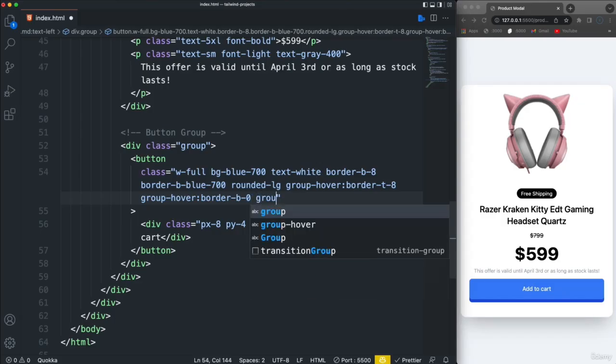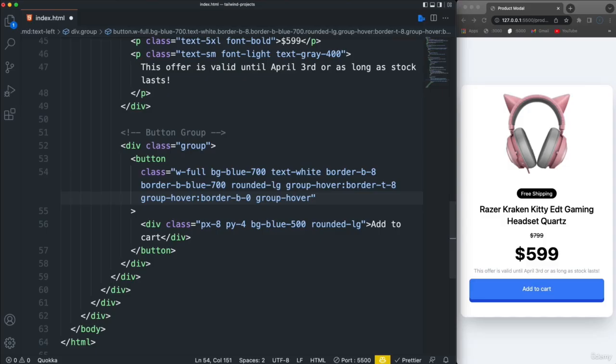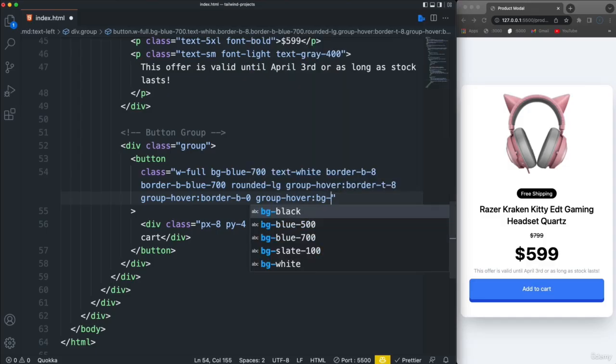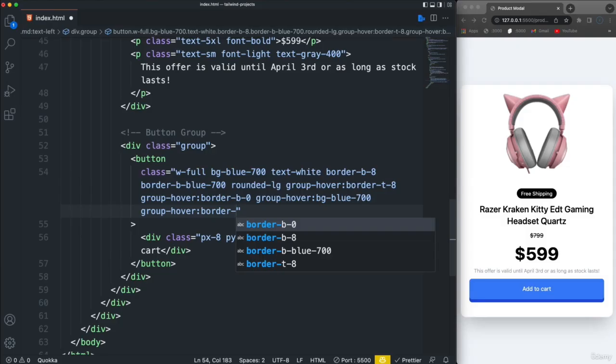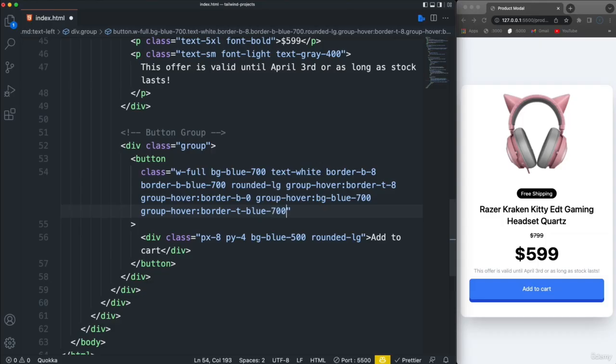And then let's do group-hover, and make the background say bg-blue-700, and then also group-hover, we'll say border on the top, so border-t will be blue-700. And then finally we want to add a bit of shadow, so group-hover colon and shadow-lg, shadow large. So right now it does this,